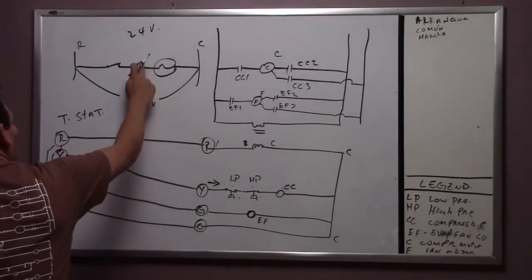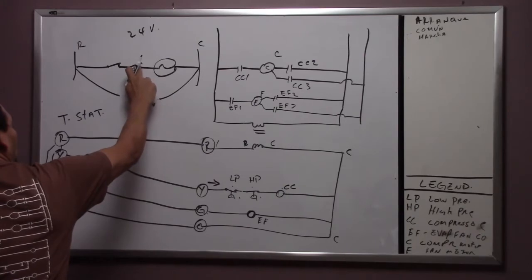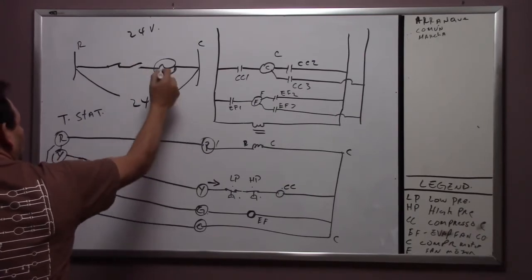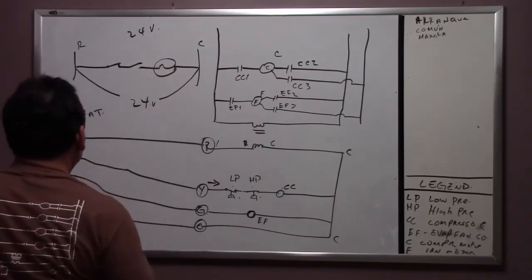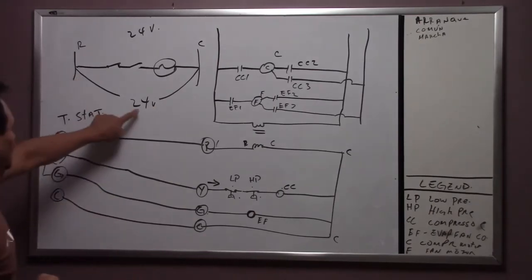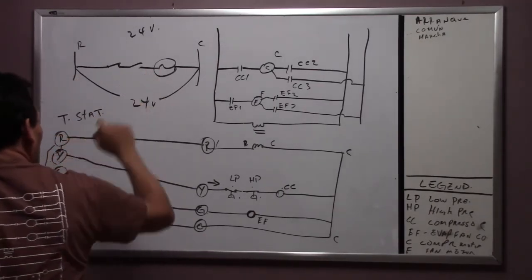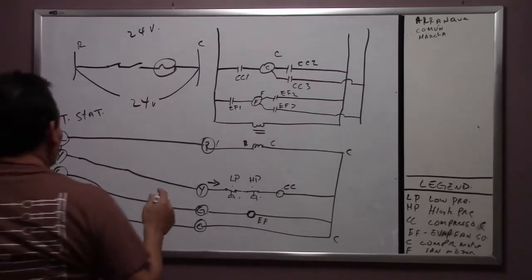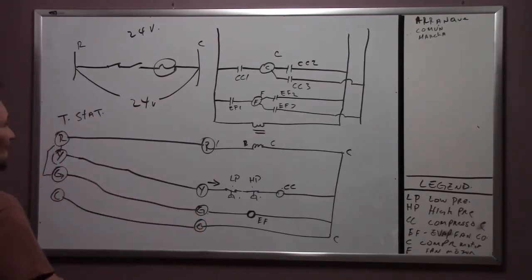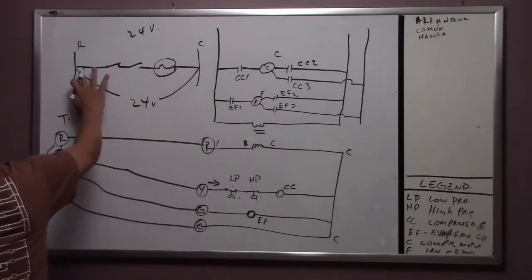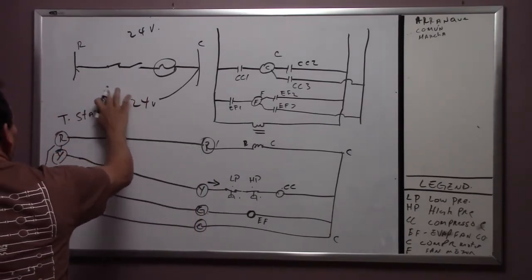Now if we open this up, the light bulb shuts off, and then we check from here to here, we're still going to get 24 volts, but the light bulb is going to be off, okay? Now what you want to do is something called hopscotch, okay? You need to know where the problem is and why the light bulb doesn't come on. So what you do is, from here to here, okay,